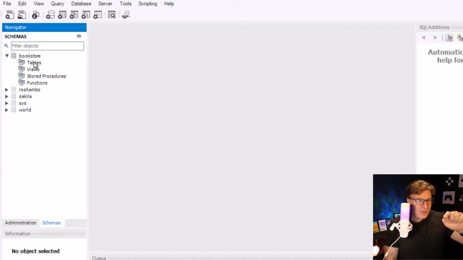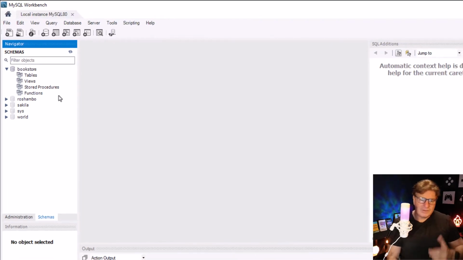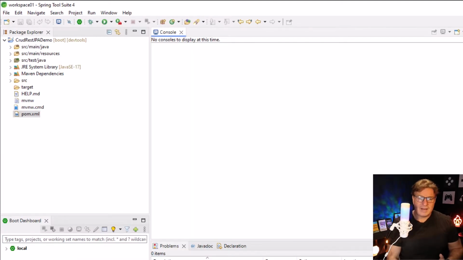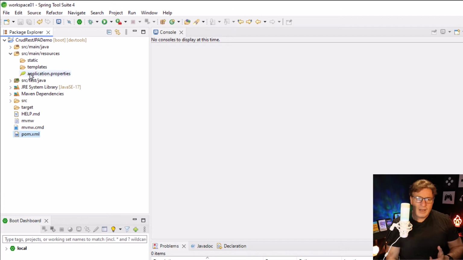We're going to allow Spring Boot, through JPA and Hibernate, to actually create the tables for us by adding a little setting into the application properties file that says, hey, anytime something changes in our object model, go and update the database structure so that it maps to it. And in fact, why don't we do that right now? Let's head over into our Spring Boot application, go into that resources folder and find